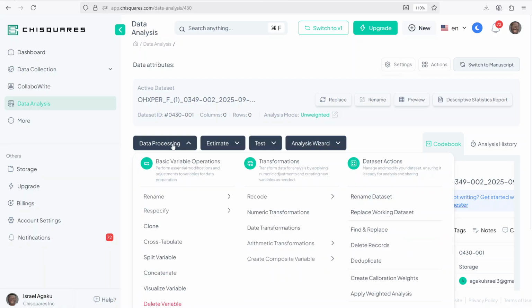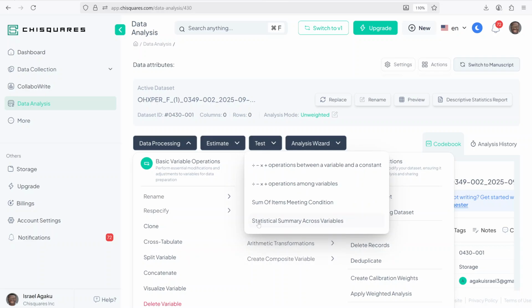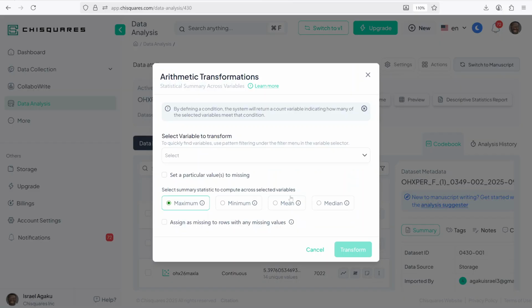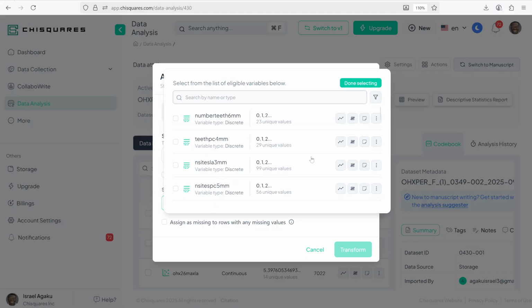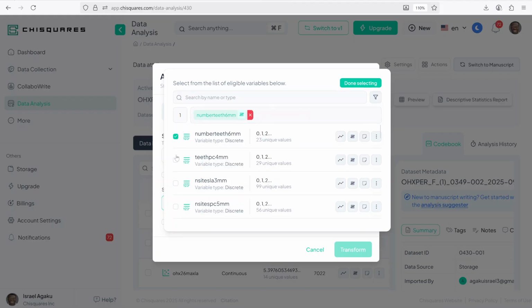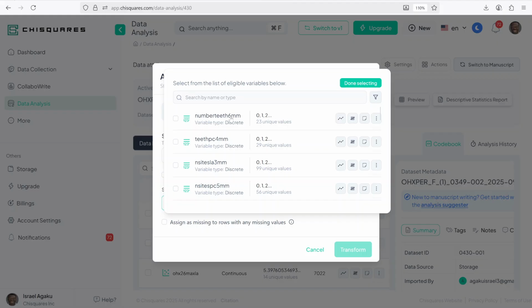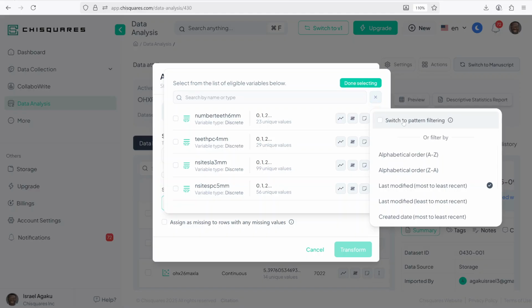You'll come to data processing and you'll come to arithmetic transformations and select statistical summary across variables. Once selected, you can then select the variables that you wish to summarize. This will be the tooth specific measurements. I can then trigger this drop-down menu and select my variables one by one. However, if I want to use a pattern, I can then use this filter menu and click on switch to